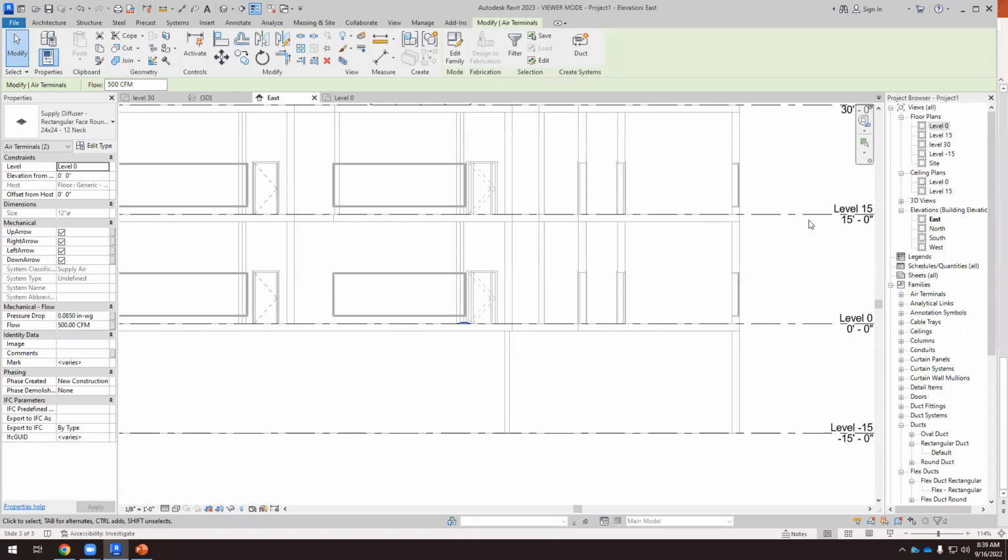Okay, if this is 15 feet, we know that at least we need 10 feet free. So the minimum distance between the floor and the supply diffuser should be 10 feet minimum. And then we will have 5 feet from this to the slab. I think it's too much. I think if this is